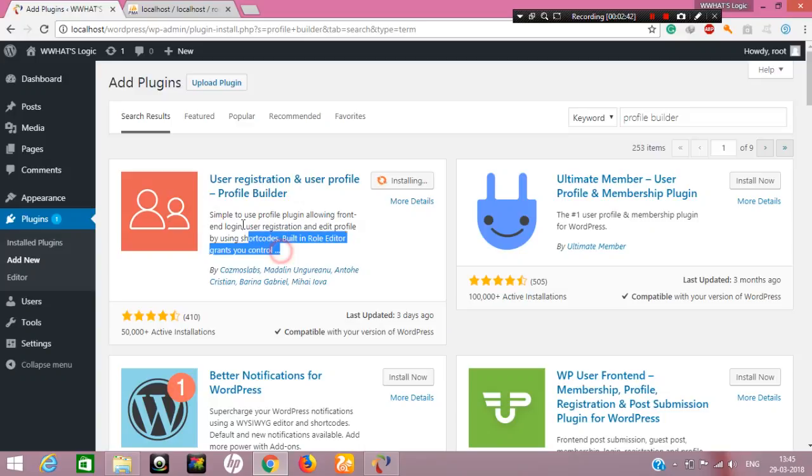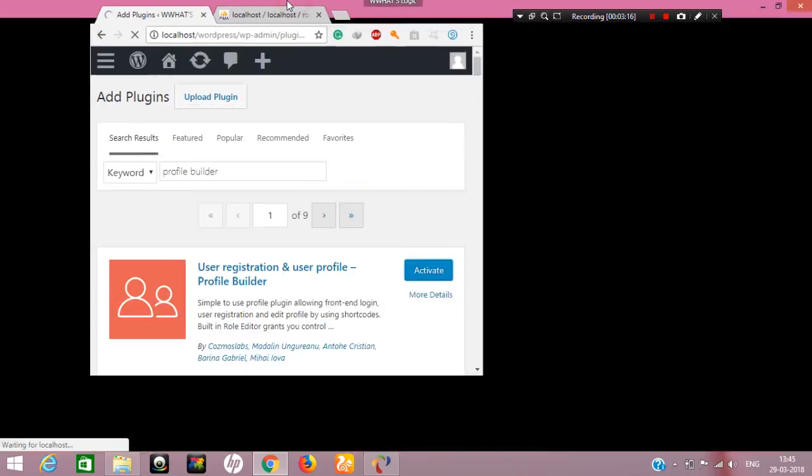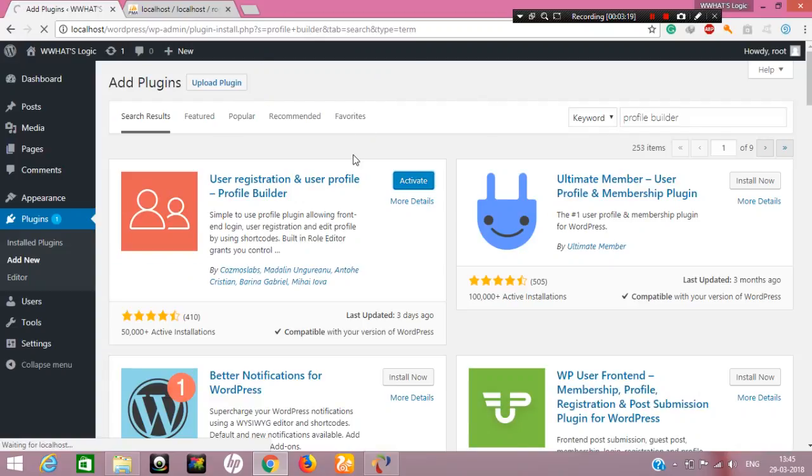And friends, this plugin also supports an email option, so that if any user registers and enters an email, then one email will be sent to that email address, and he has to activate his account by going to his email, finding the email from the system, and clicking on the activation link. So this supports that, but for that your server needs to have an email sending system, and unfortunately this system does not have one. So that's the error with this one, but you can try this option with other systems. So activate it, and then